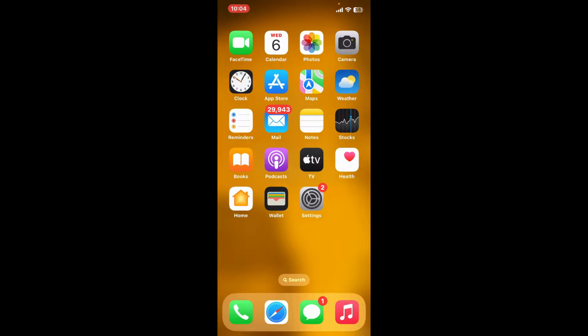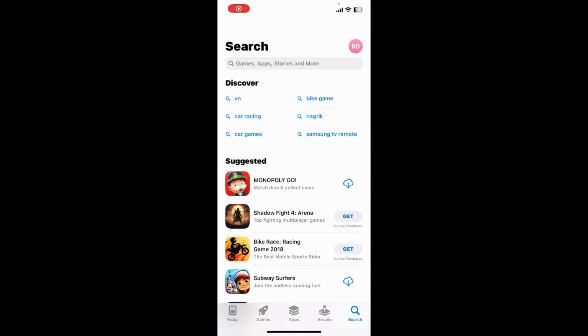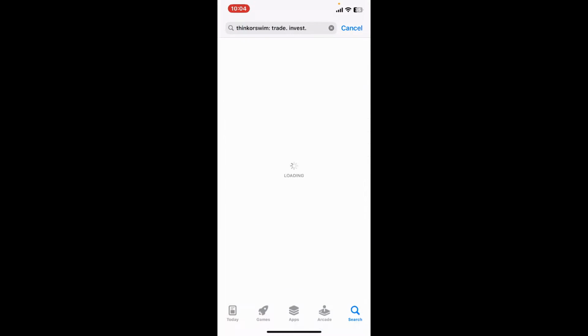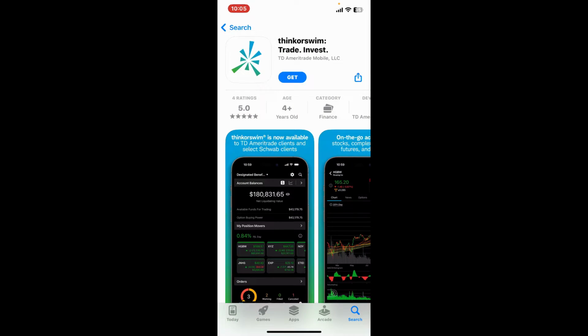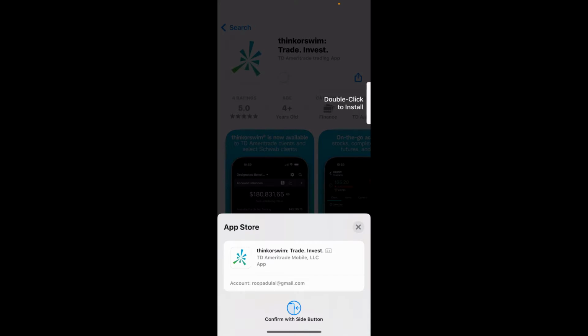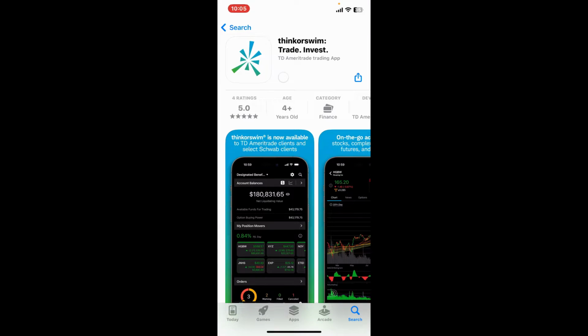First of all, open your App Store and go to the search box and type in Thinkorswim. Once you come across this application that says Thinkorswim Trade Invest from TD Ameritrade Trading App, tap on the Get button to begin downloading the application. Go ahead and log in with your Face ID or your Apple ID credentials and you will be able to